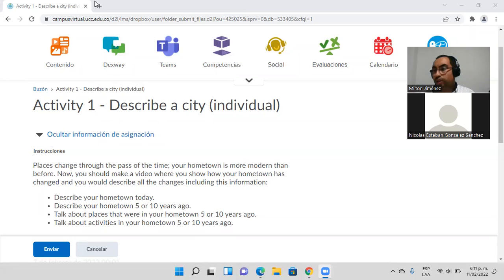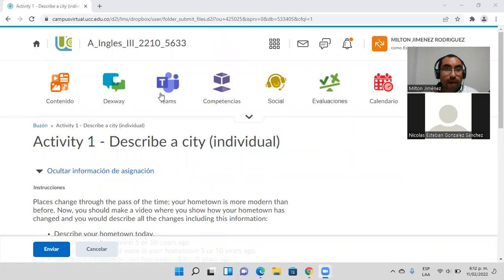Okay, very good. So what is the idea? The idea is that we have to compare a city or a place some years before and now, the comparison between what there could be in that moment and what is now. Okay, that is the idea. So we're going to start by doing those kinds of comparisons. Also, what I want to show you is that